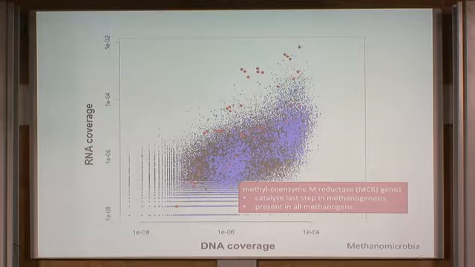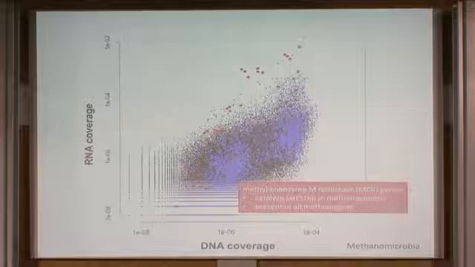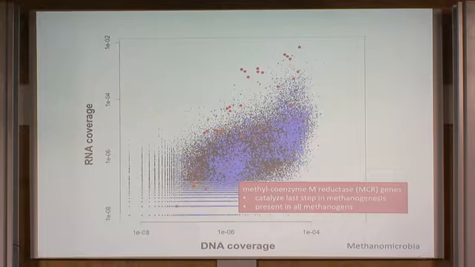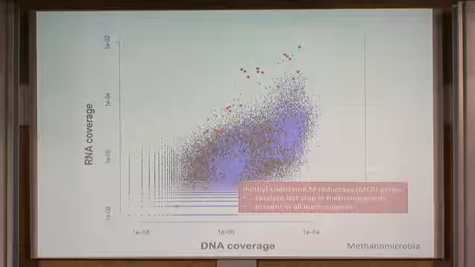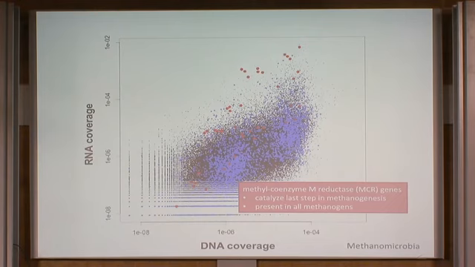And what you see is that these genes are really highly expressed, at least in this sample. Right? And it's also somehow correlated to the DNA coverage, which means there are lots of methanogens, with pretty high coverage, which also produce a lot of RNA for this particular gene. But there are also some which have a much lower DNA coverage, and they almost produce the same amount of RNA, basically. So higher activity, maybe.